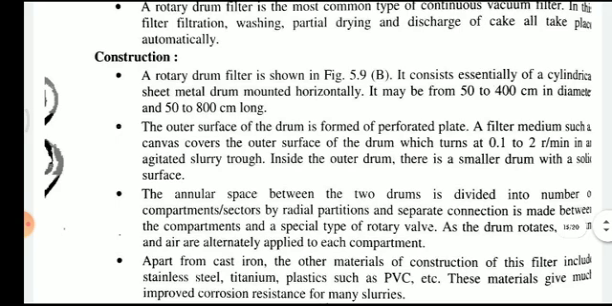So the construction per se consists of a cylindrical sheet metal drum mounted horizontally. It may be from 40 to 400 centimeters in diameter and 50 to 800 centimeters long. The outer surface of the drum is a perforated plate. A filter medium such as a canvas covers the outer surface of the drum, which turns at 0.1